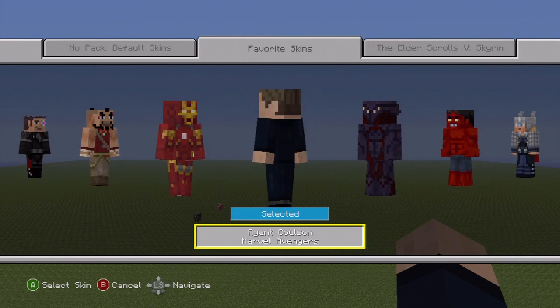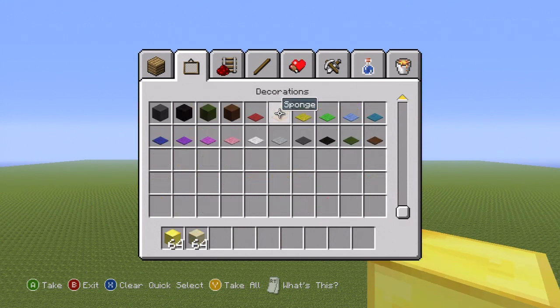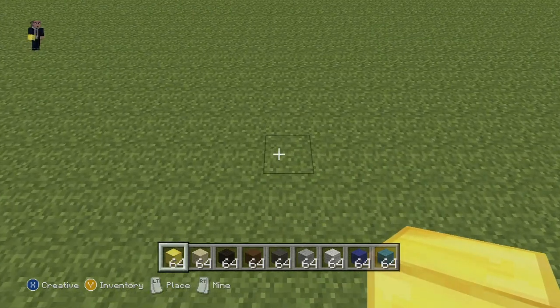So, if that's interesting to you, if you want to make it, here's what you're going to need. You're going to need a block of gold, sandstone, black wool, brown wool, dark grey, light grey, white, dark blue, and finally cyan wool. Luckily for us, those are the only colours that we're going to be needing, so once you've got those and once you've figured out where you want to make them, I'm going to be making them